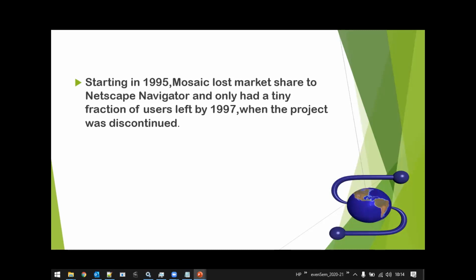I have used this Netscape Navigator when I started my career in IT, and during that time Netscape was still available. During that time, only IE was most popular, and then Netscape. So these two I used most of the time. But later, the evolution of other browsers started, and then Netscape also was discontinued.